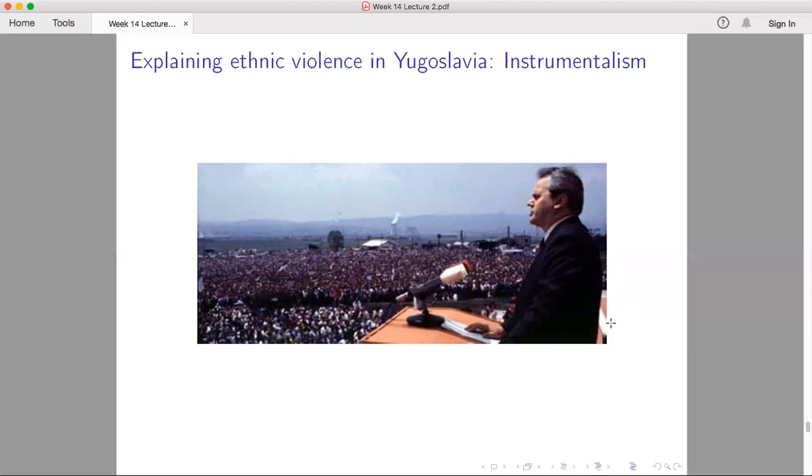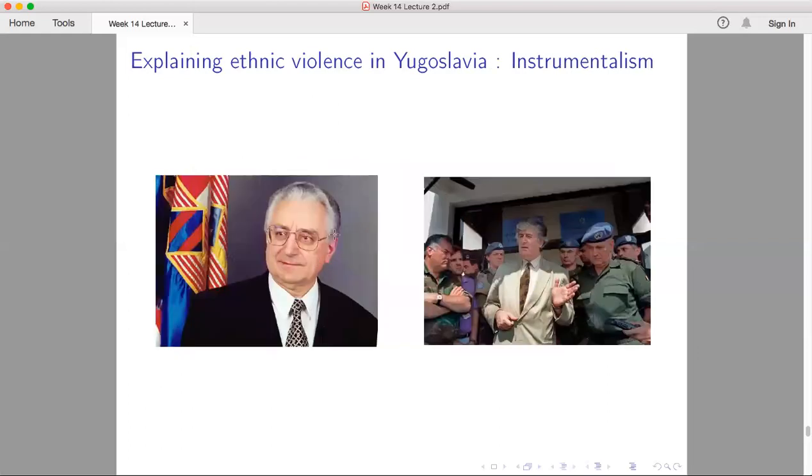There was also a lot of top-down rhetoric from groups like the Serbian Academy of Arts and Sciences to kind of stoke tensions between these two groups. In Kosovo in particular, pro-Serbian groups were releasing false statistics about the number of Serbians that were raped by ethnic Albanians and the level of crime that existed between the two. Even though those rates were very low, they were saying that they were high, and that ethnic Albanians were kind of getting off scot-free with these crimes. And this didn't just apply to Serbs, right? In Serbia, in Croatia,